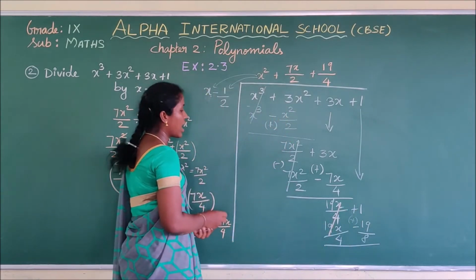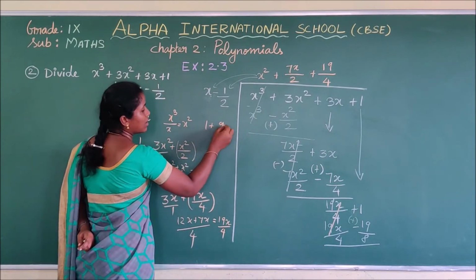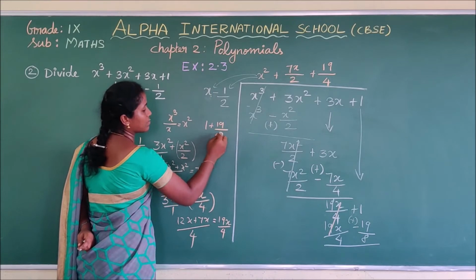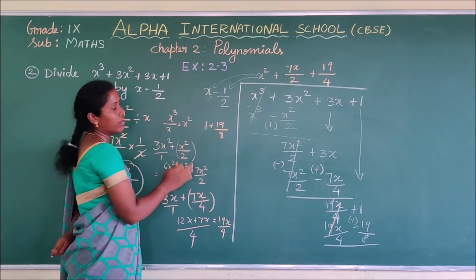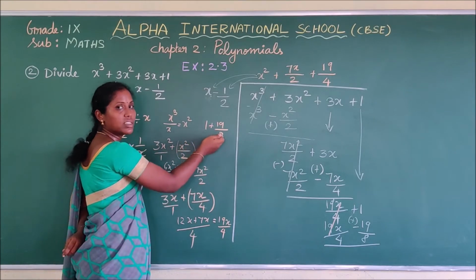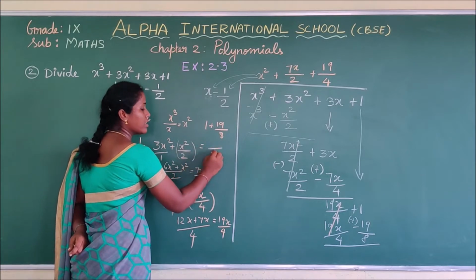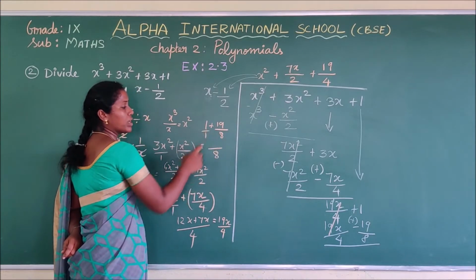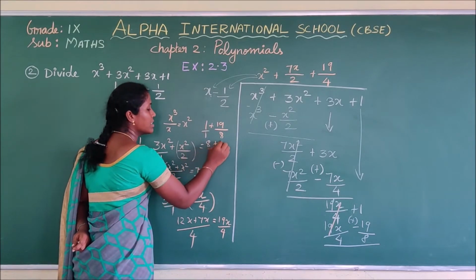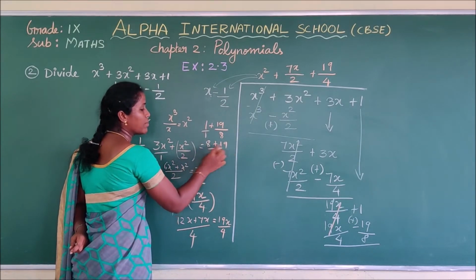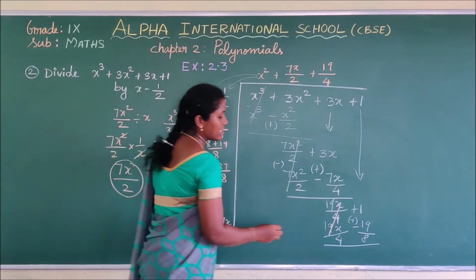We have to find the remainder by solving this. What are the numbers we are having? 1 plus 19 by 8. How will we add these two numbers? In the normal way, you know that if two numbers are in the form of fractions, you have to take the LCM and add it. That's a simple way. So again, the LCM is 8. Taking 1 and 8, the LCM is 8. Multiply with 8. 8 plus 19. What is the value of 8 plus 19? It is 27 by 8. So we got the final answer as